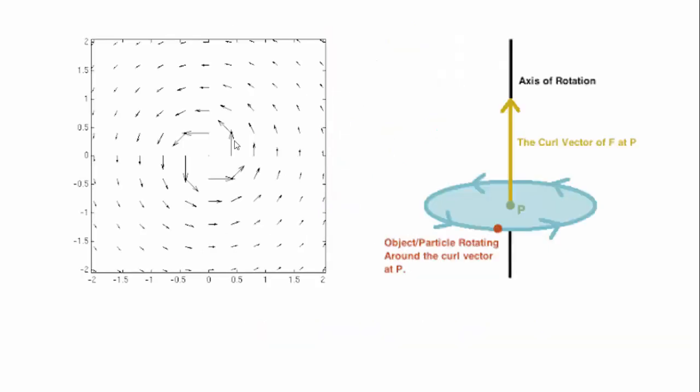लेट अस सी एग्जांपल. See this first one. Suppose this can be said as a wind direction. So this is curling, that is, this is rotating around the center. On the right hand side you can see a wire, and the magnetic field is curling around the wire. So current is moving straight in the wire, and the magnetic field is curling around the wire. So these are the examples of a curl.